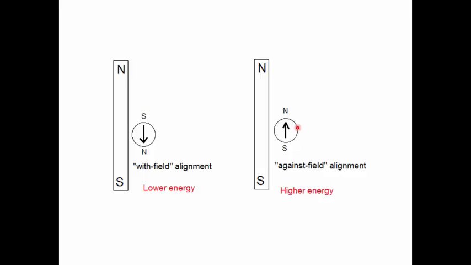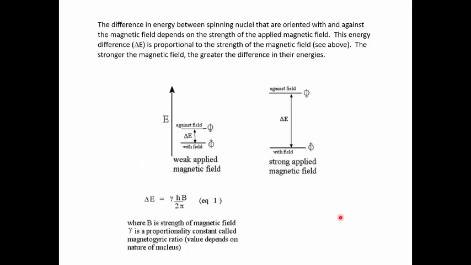Here we say that the compass needle has an against field alignment. The potential energy of the compass needle in the against field alignment is higher than the potential energy of the needle with the with field alignment. The difference in energy between the spinning nuclei, that is, between the nuclei that have the with field and those that have the against field alignment,